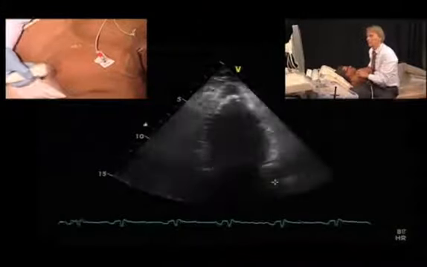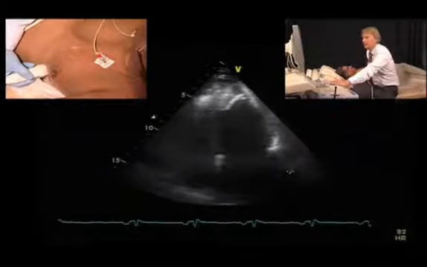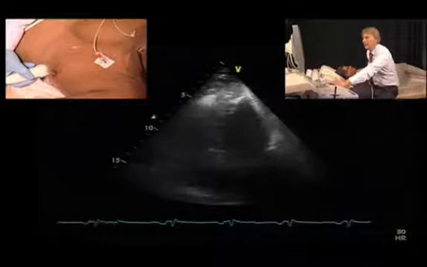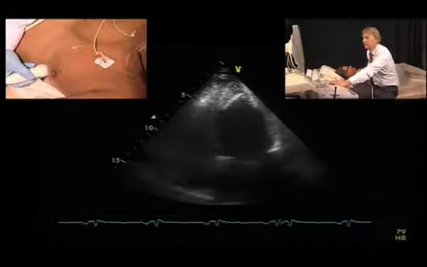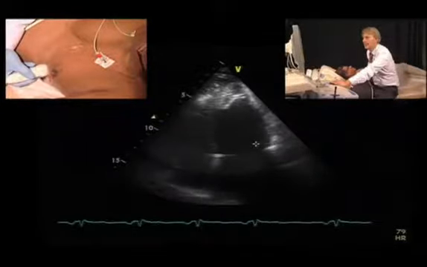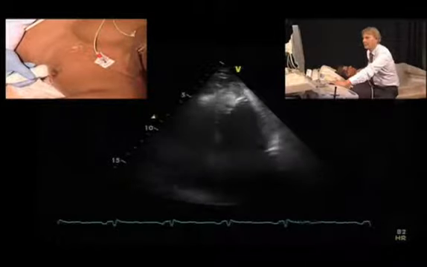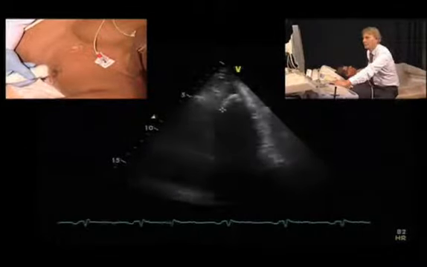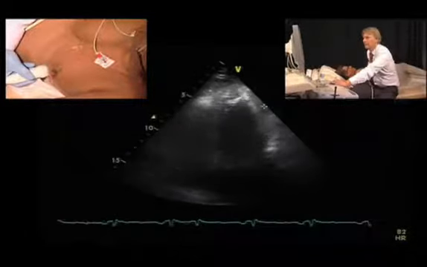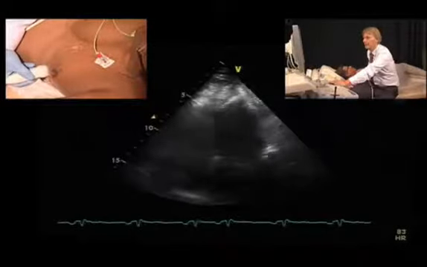Let's take a look at the apex. You see the image quality is not very good, which is easily explained because we have fibrosis and also an infiltrate here in the apex, so that we don't get very good image quality down here, but we can nicely see that there actually is an infiltrate here in the apex, very echolucent structures which fill the apex and which are very unlikely to be a thrombus simply because we have a normal contraction pattern here in the apex.